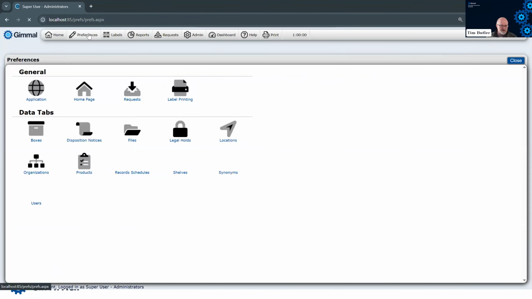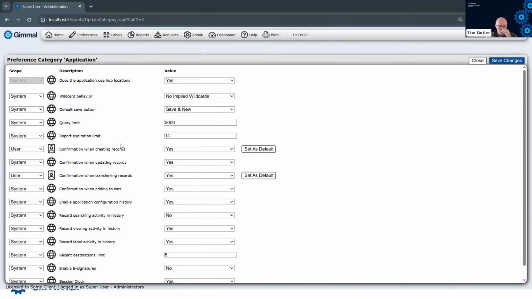All right, let's jump back into preferences here, still under application. And let's talk about a really simple one, but I'm surprised how many people just never get around to changing this. On the application, you've got a handful of these confirmation preferences. Again, it depends slightly on your version, but usually by default, they're set to yes. Now, what does this mean? This means when you perform any of these activities, creating records, updating, transferring, or adding to the cart,